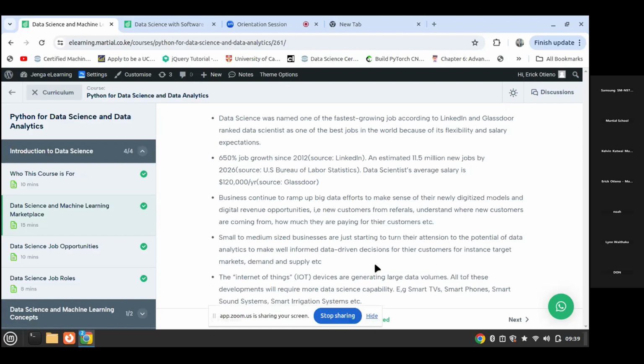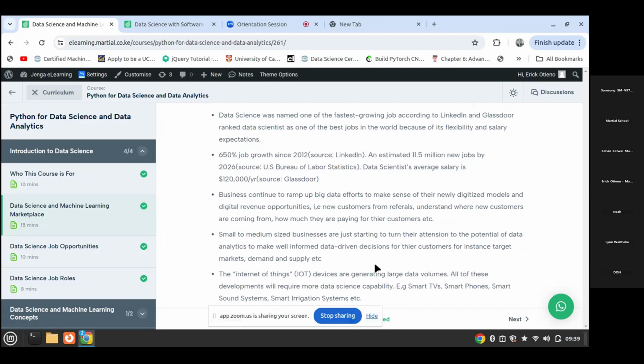So there is a course we have in this portal called Internet of Things. If you've not heard about it, it's actually a technology whereby people are focusing on building smart devices. For example, I think in our homes, almost like let's say 40% have smart TVs. So smart TVs are television sets you can connect to the internet. We have smartphones, we have smart sound systems, we have smart fridges, we have smart irrigation systems. So it's like all the appliances we have in our homes are being connected to the internet using the technology